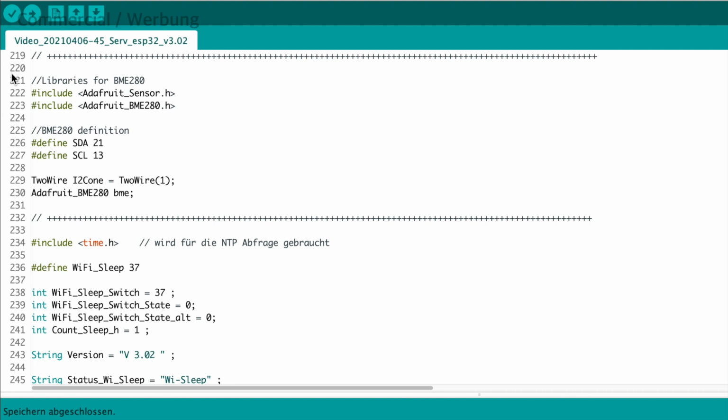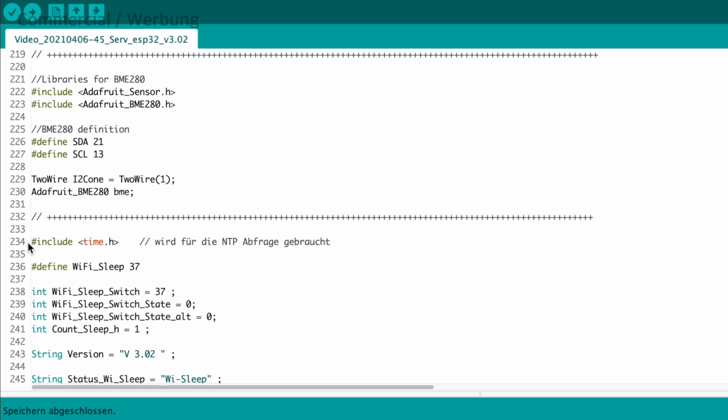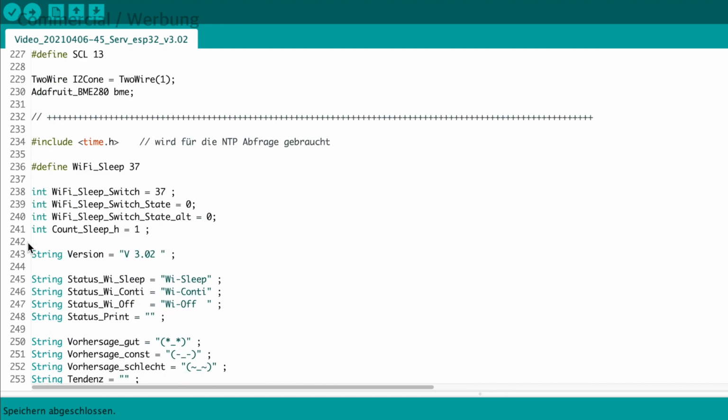As in a usual code, we find a number of definitions and include libraries in our header. We need to include libraries for the BME280 sensor and the definitions for the pins we want to use. Then we have a library to get NTP time and date requests. Next, we have the definition for pin 37, which is used for our Wi-Fi sleep mode switch.